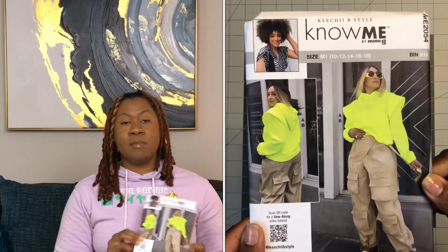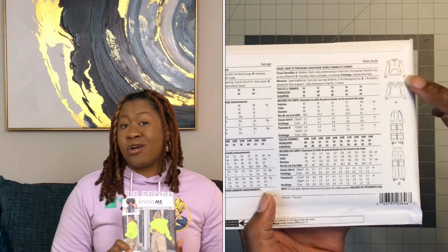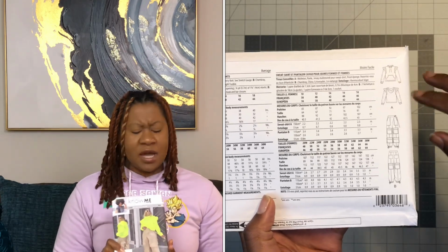So I picked up Keechi B's 2054, which is the hoodie and the cargo pants. This one came out last year as well, so I'm a little bit behind the game when it came to this pattern, but seeing other sewists make this one up, I got a little bit jealous, especially when it came to the cargo pants. Truth be told, I haven't worn cargo pants since my freshman year in high school, but